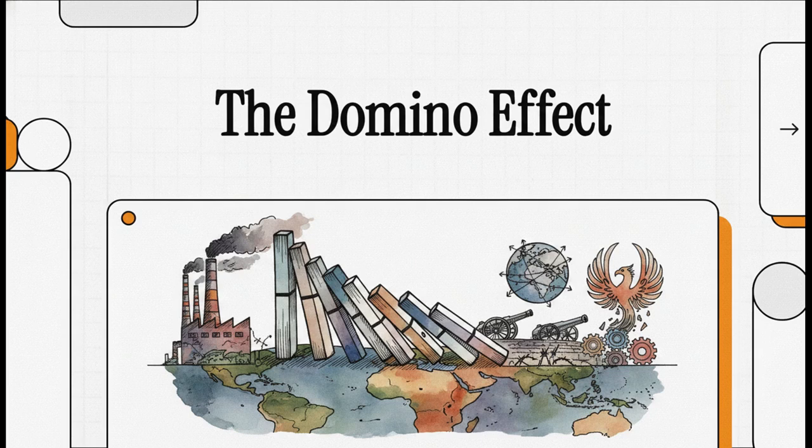Welcome to This Explainer. Today, we're diving into a genuinely breathtaking, chaotic stretch of history. We're unpacking the massive global domino effect from 1870 to 1930 that quite literally built the modern world we live in today. It's a story packed with unimaginable wealth, ruthless ambition, devastating conflict, and radical world-altering change. So, let's get right into it.